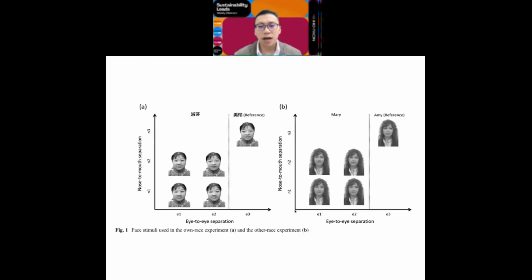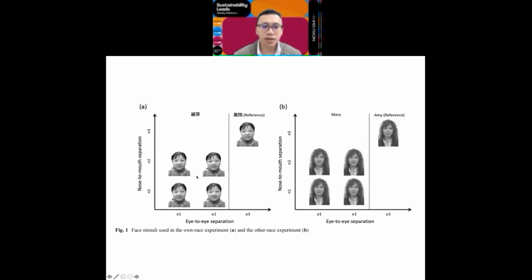So we use this stimuli to study the other race effect. On the left-hand side, we ask people to recognize the Asian faces. And on the right-hand side, we ask people to recognize the Caucasian faces. And we apply SFT to study how people recognize faces. And a quick conclusion is that